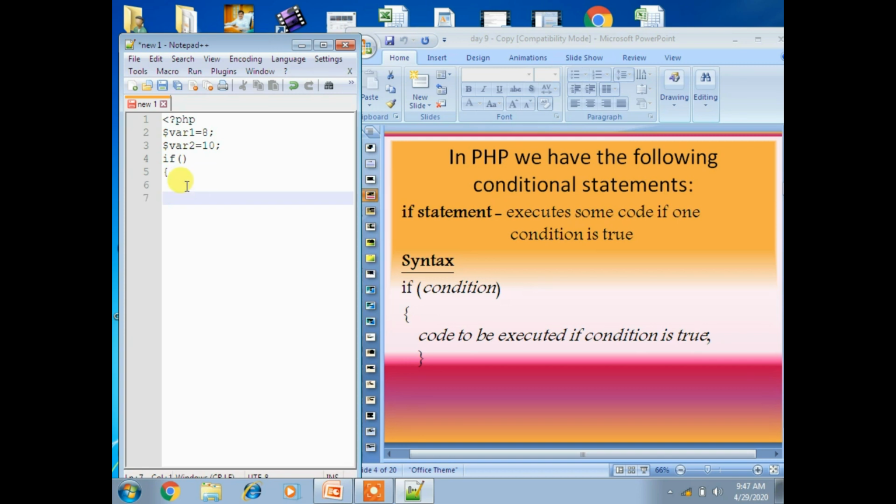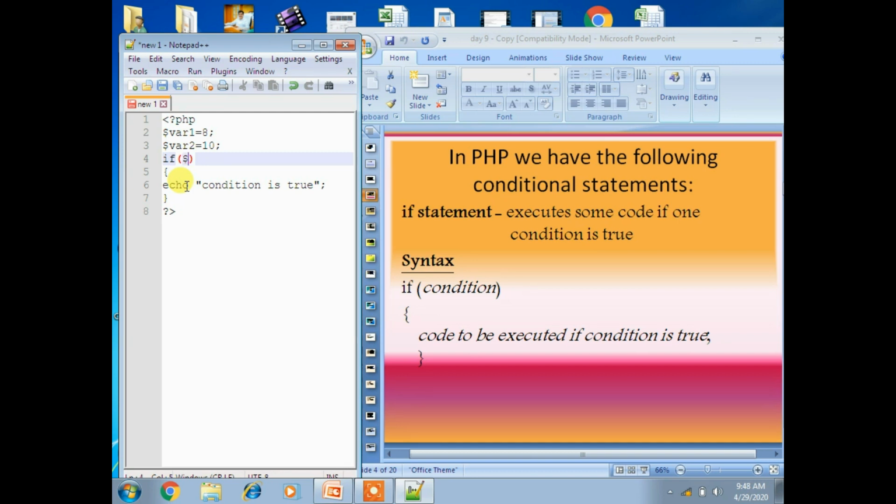Here we have to put statements, right? Echo "condition is true". Okay, this block is closed now. Now close the PHP tag. Now what condition do we have to write? If it is not equal to, then the condition is true.